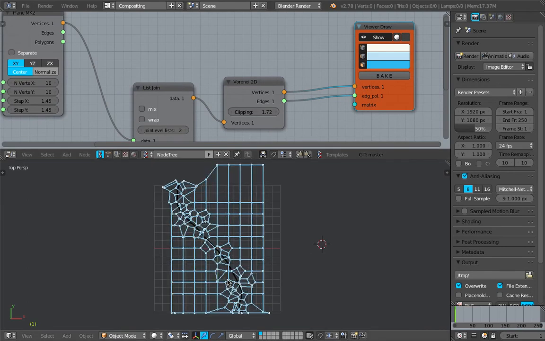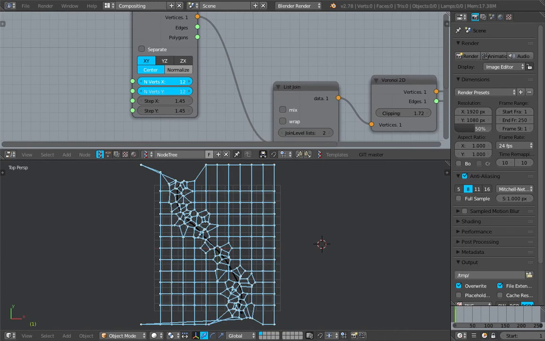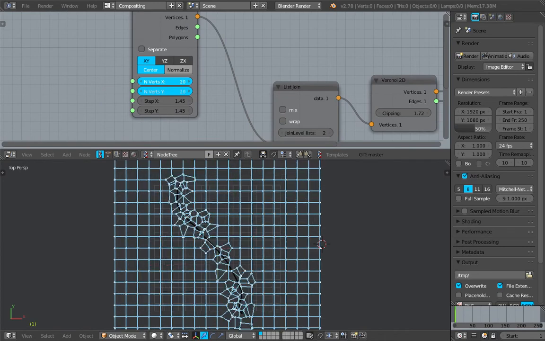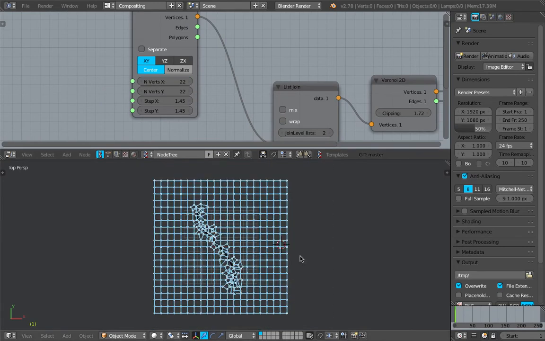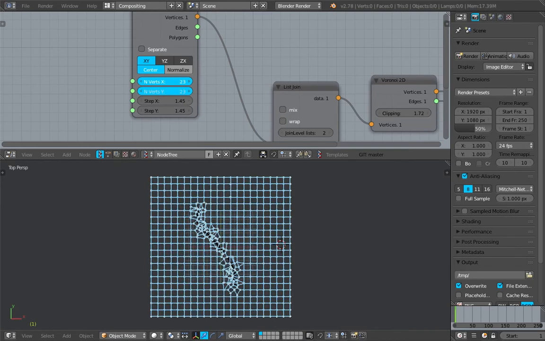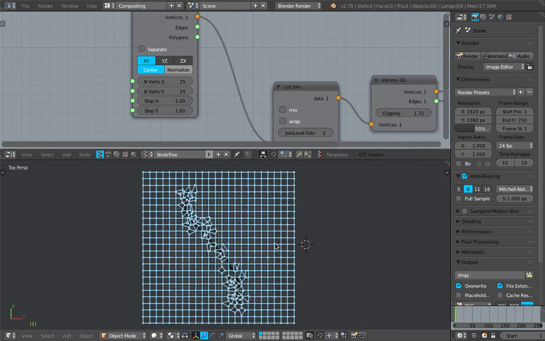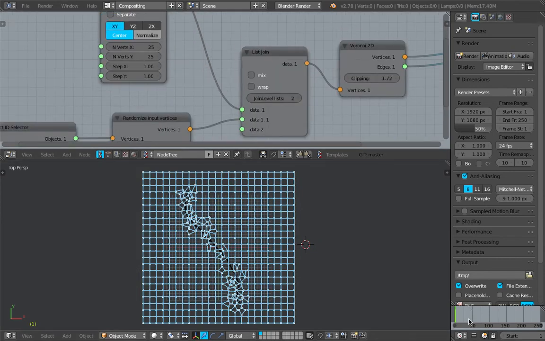But the funny thing is, if I try to increase the resolution of the grid, suddenly the clipping doesn't matter anymore. So the clipping is being handled. We don't need to have clipping. It's just like a grease pencil, and looks quite nice like this actually. Yeah, very clean. And in fact, if I switch to another frame,